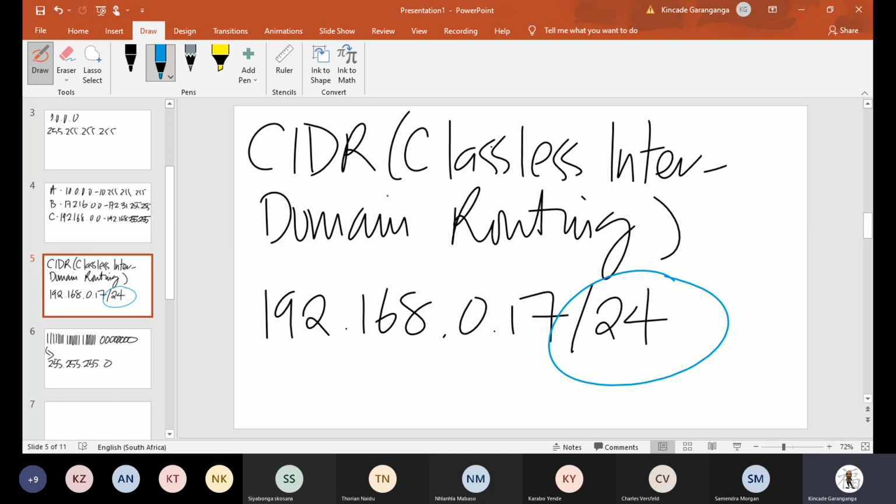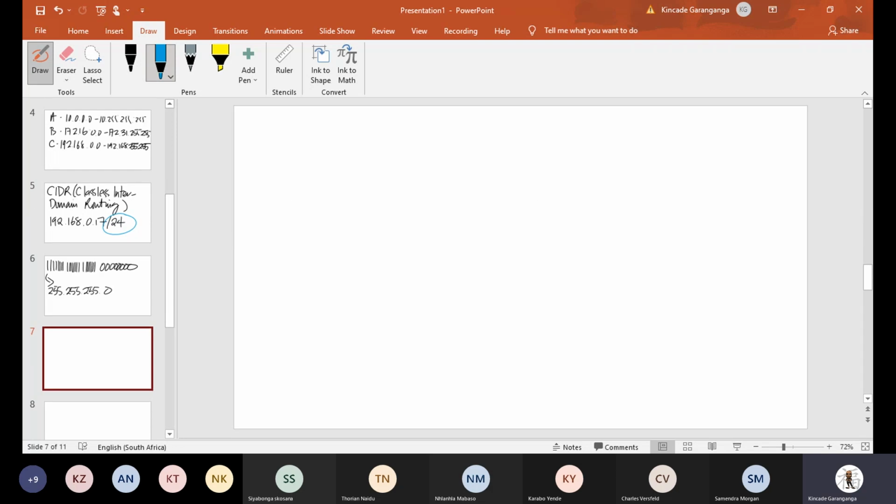So by default, if we've got a CIDR notation of our IPv4 address,